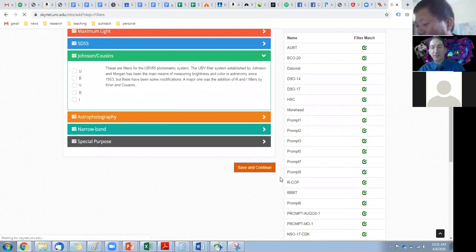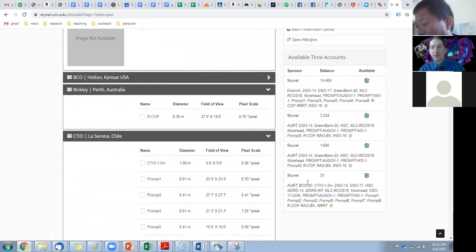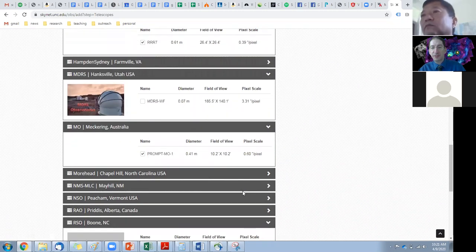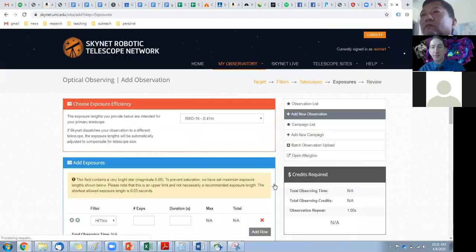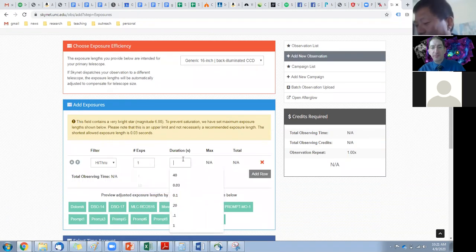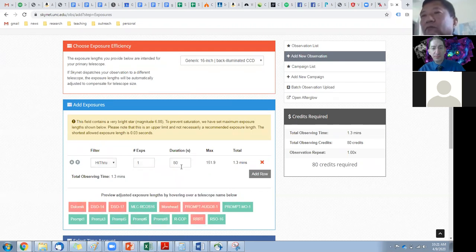Save and continue. All telescopes you have access to. Save and continue. Design telescope, 1 80-second exposure. Maybe I'll scale it back a little bit. If I scale it back a little bit more, I get a few more telescopes. Well, let's see. It says Crab Nebula suggests 80 seconds, but I'm going to scale back because that DSO 14 is still online. So I scaled back because,